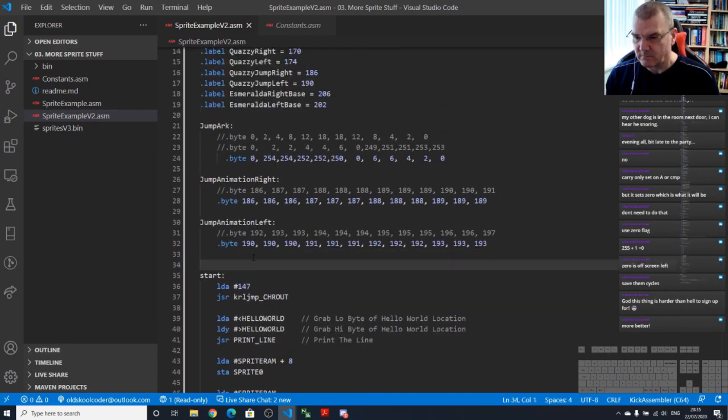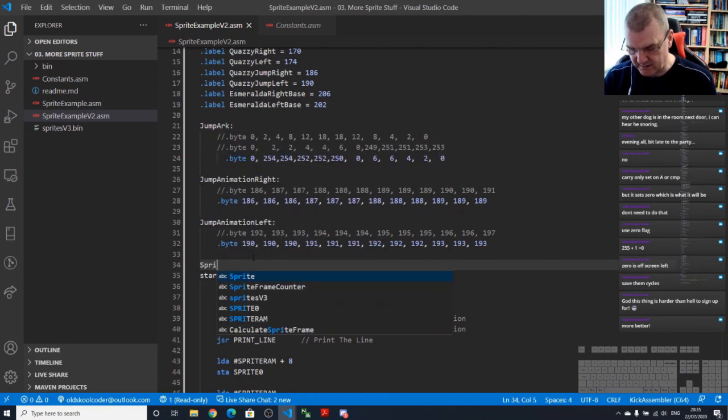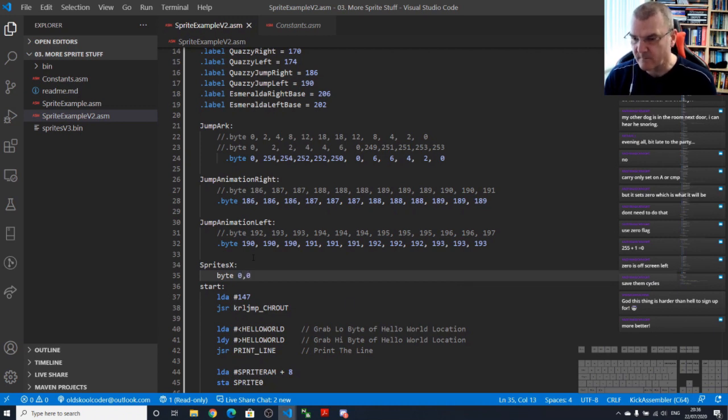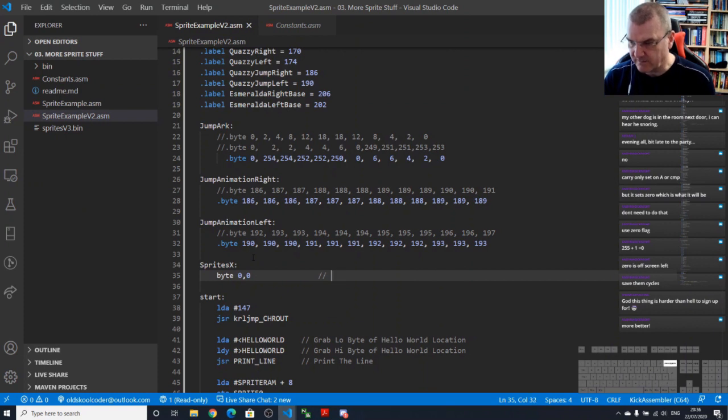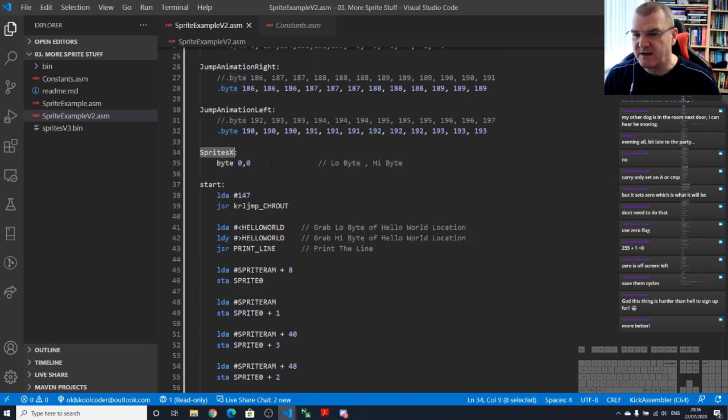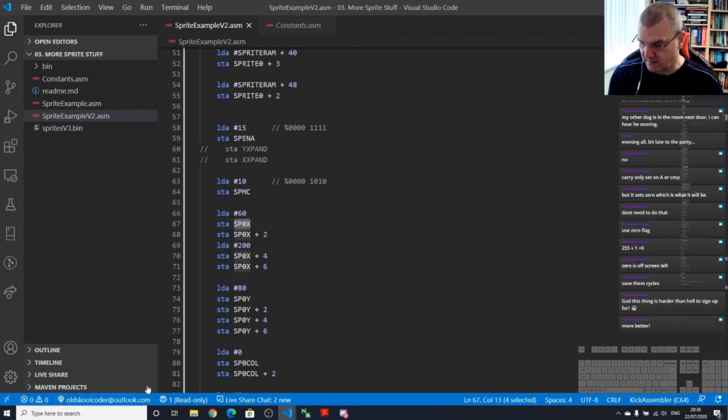So I'm going to create a new area. So sprites X for a better word, and then we're going to have 2 bytes. So this is effectively the low byte and the high byte. So that's where we're going to store the X information. And the reason I'm going to use this system is I'm going to change the way this works. So we need to store, every time we interact with the sprite X, we're going to store it in here. So for example here, so we're going to store it in that. We're going to get rid of that, because the beauty of this is you can use 1 byte for both